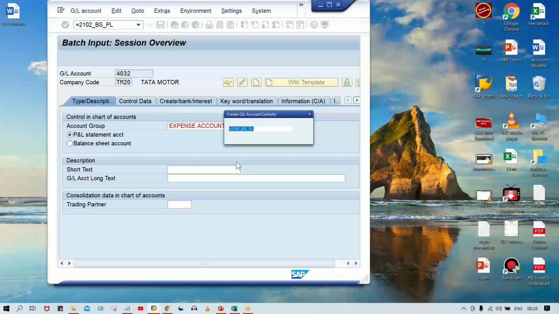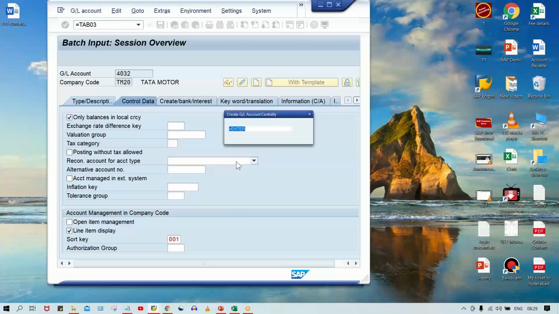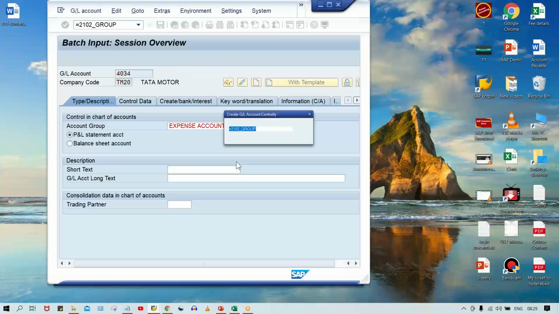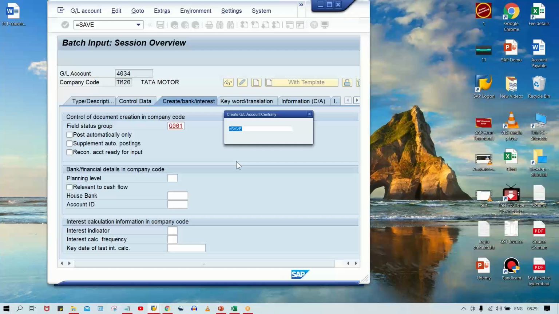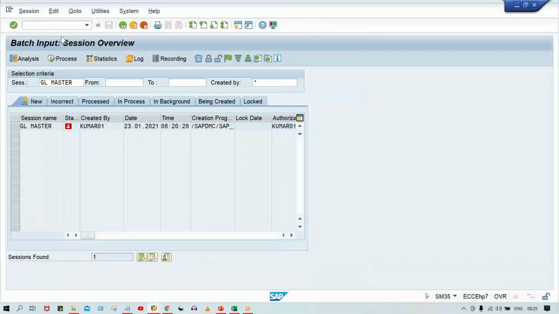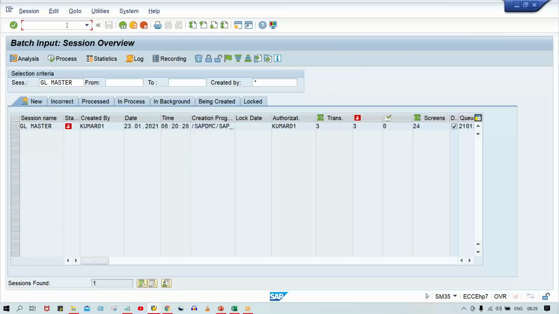Now GL accounts are getting created. So I'll just keep on pressing the enter button. Look here, I keep on pressing the enter button. So now, okay. So now successfully we have created. The GL account got created. Okay. Here, if you use FS00, /n,